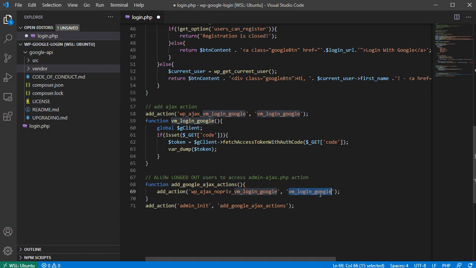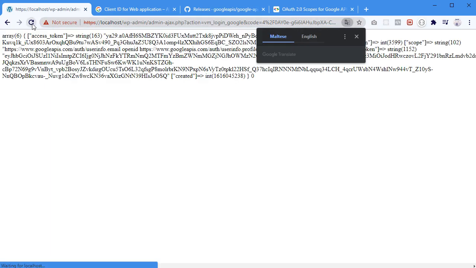And then this is also the action name. Okay, add_action. Okay, and then here we have another add_action, admin_init, and we fire this function in the admin_init. Okay, alright, so I'm going to save it,